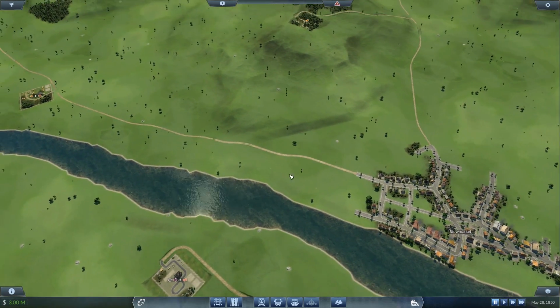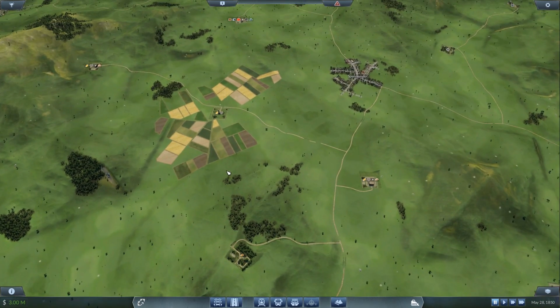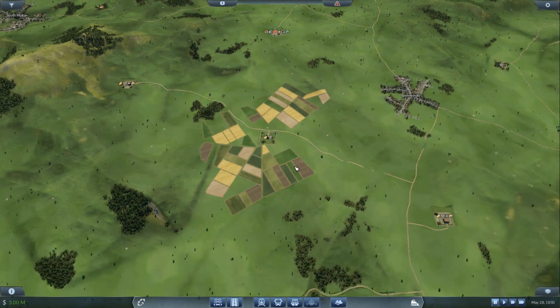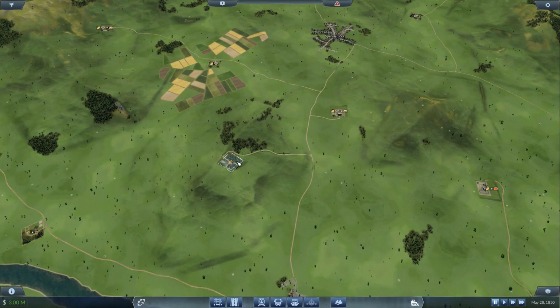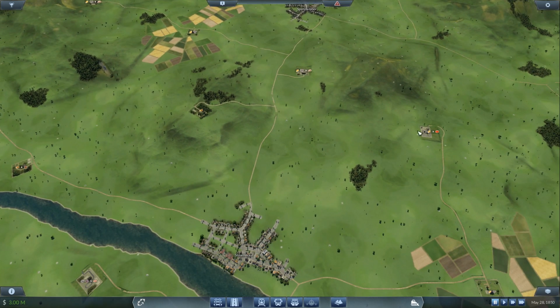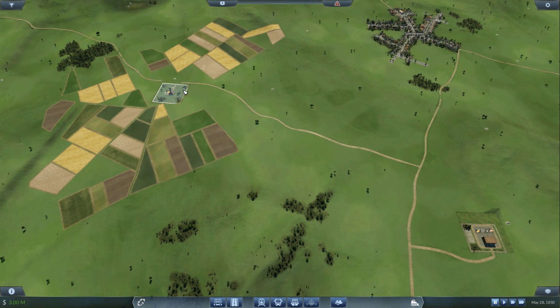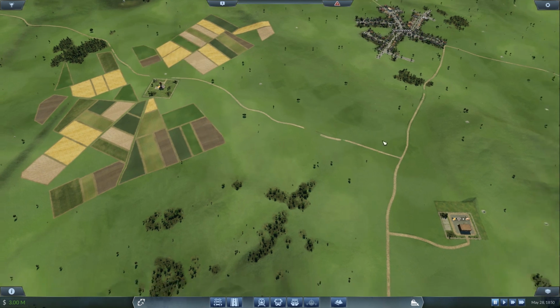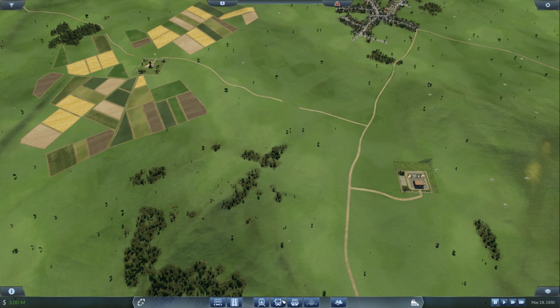Right, let's get some railways up and running. So, we're going to go for railway, and actually, no, we'll not go for railway. What we'll do, we'll start producing some food, and actually, this produces food as well. So, there's wood there, so I could probably plank it up, I don't know. Anyway, we're going to take from the Spennymoor farm, this actually produces grain and livestock,